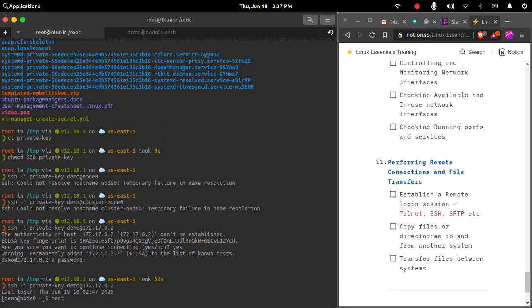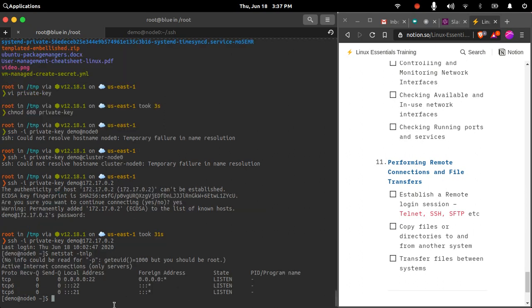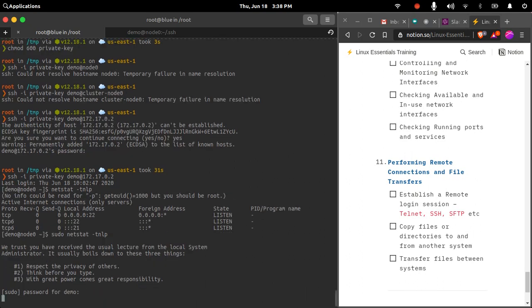I can use the netstat command, and in netstat I will be able to see the currently running processes on the system. You also require some superuser privileges to print the program name. I don't have sudo privileges for this user, so it will ask me for the sudo password.